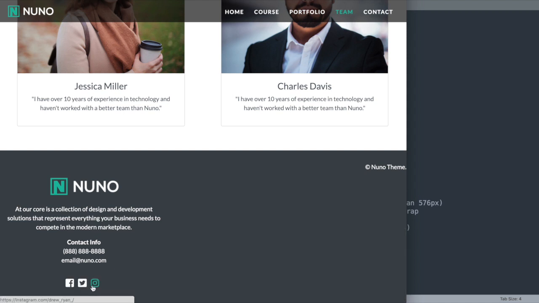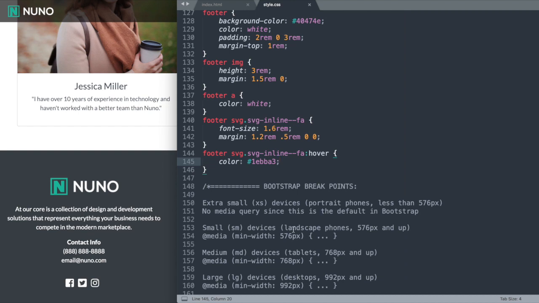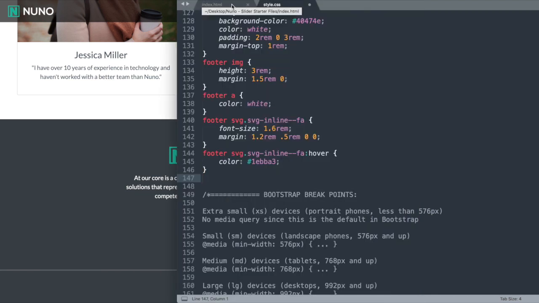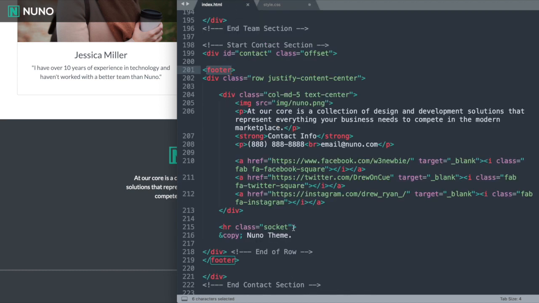All right, so there we have the hover effect to the social icons. And then lastly, for the full width version of the website, let's go ahead and style the socket at the bottom, is what they call the little copyright section on websites. So let's style the HR class socket